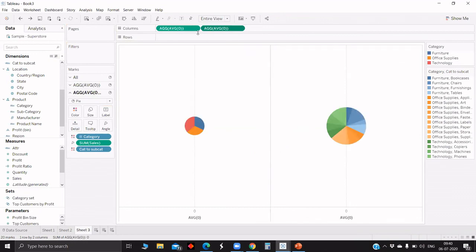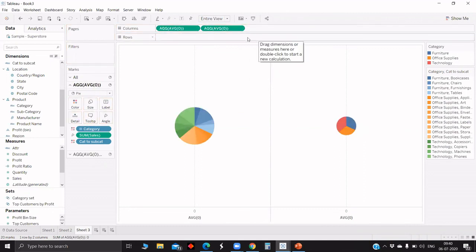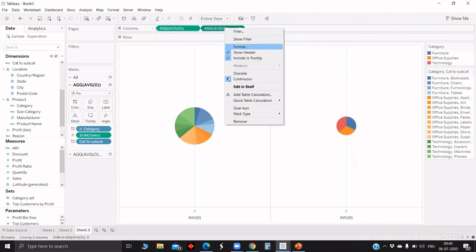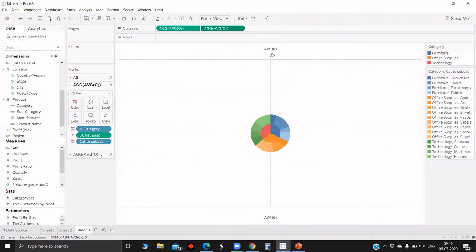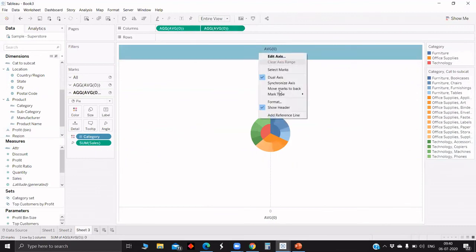Generally the one on the second will come on top. If you are not able to view it, pull the terms to the right; the orientation of the pie charts will change. Then you can use the dual axis. We can hide that.